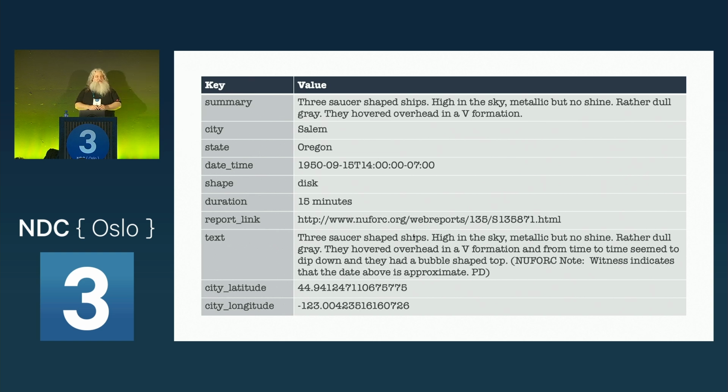So this could be fun data. We could do lots of fun stuff with this. We're going to do statistical analysis at the end of the words that are used in UFO sightings, which is to say we're going to count them. And I'm going to demonstrate what probabilistic data structures are with some of this data.